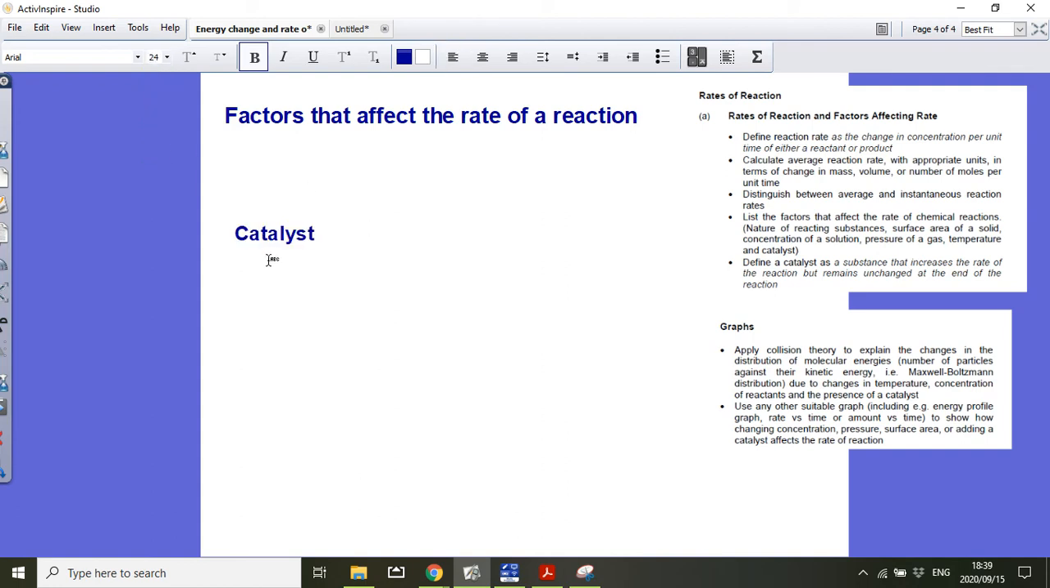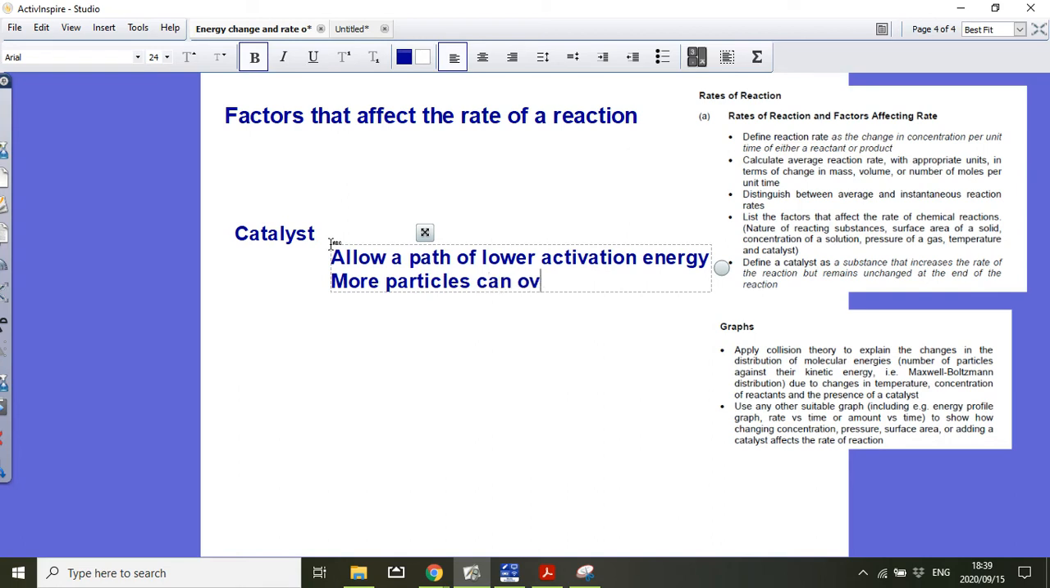Okay, so when I'm adding a catalyst, what am I actually doing? Does a catalyst allow a path of lower activation energy? Because it has a path of lower activation energy, more particles can overcome this activation energy. So if more particles can overcome this new activation energy, there will be more effective,